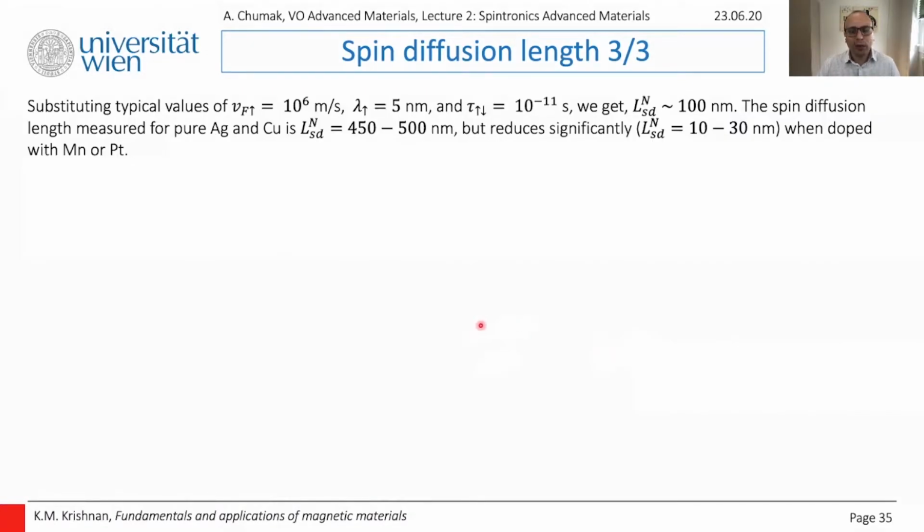Okay, how large is the spin diffusion length? Let us estimate it. First, we use the value for Fermi velocity, the same one which we used in the past, 10 to the power of 6, 2 orders of magnitude smaller than the speed of light. Mean free path, we take 5 nanometers. The spin flip